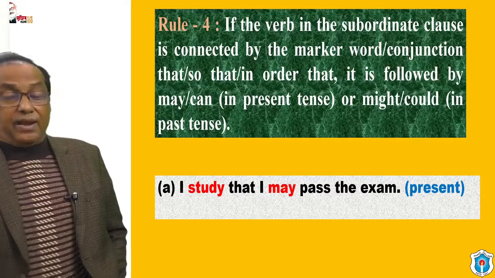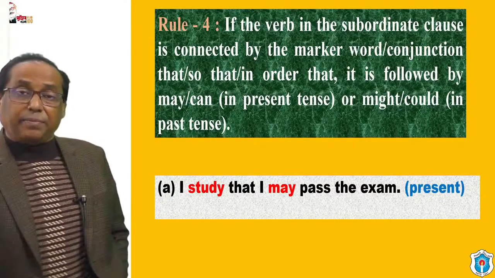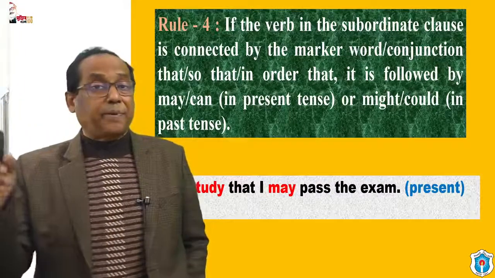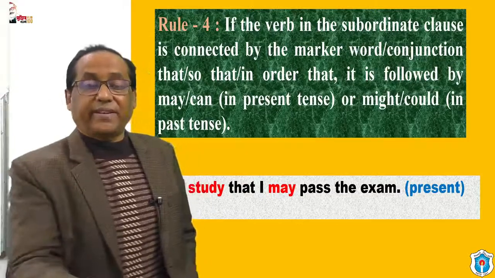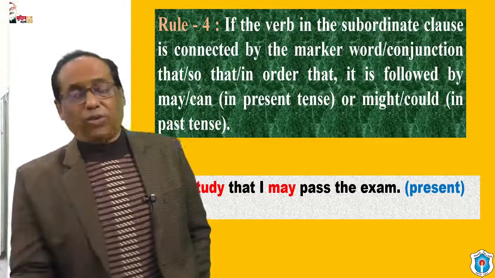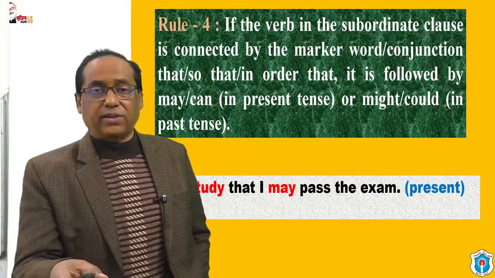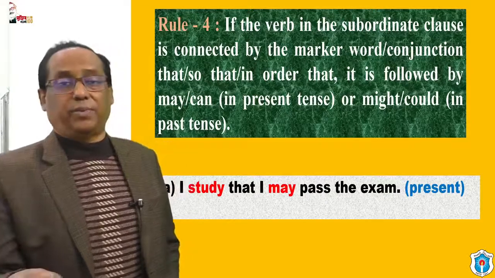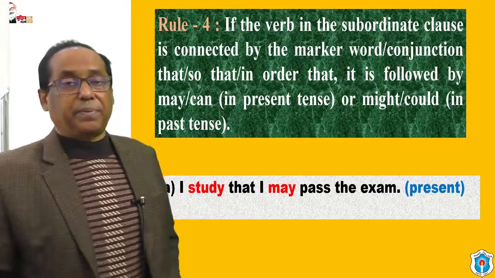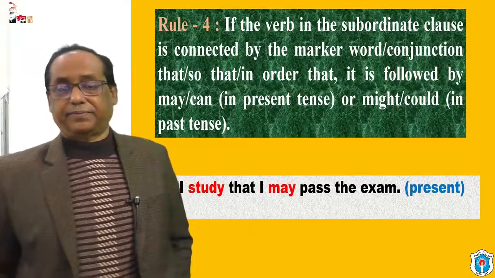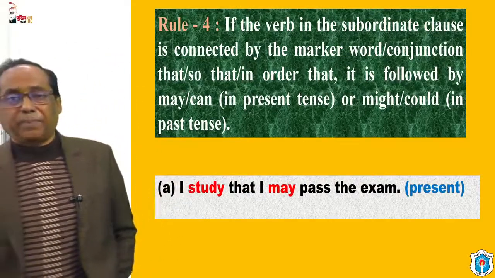Clear? আমি পড়ি যাতে আমি পাস করতে পারি। পড়ার উদ্দেশ্য কি? পাস করা, এটা পারপাস। সো এই দ্যাটটা দ্বারা পারপাসকেই যুক্ত করেছে। আর ঠিক তখনই সাবজেক্ট ইজ ফলোড বাই মে। সাবঅর্ডিনেট ক্লজের সাবজেক্টের পরে মে আনতে হবে। যেহেতু স্টাডি প্রেজেন্ট, সো এখানে মে আনতে হবে।